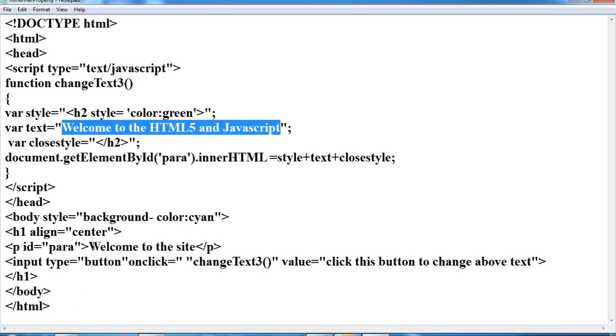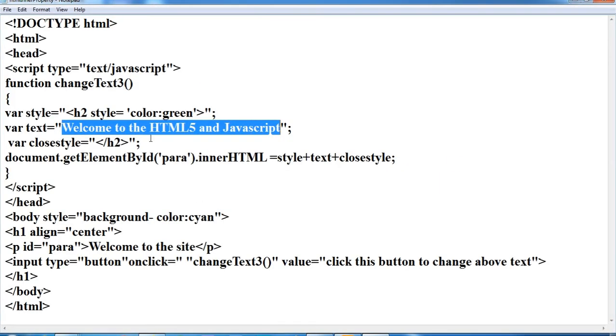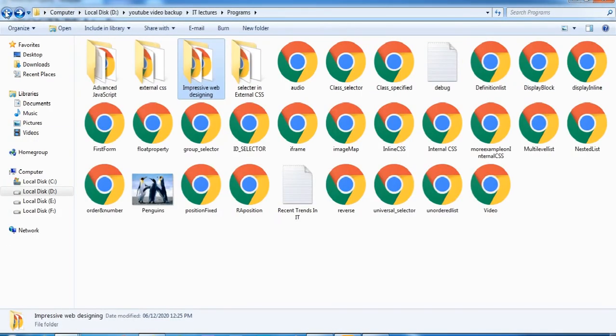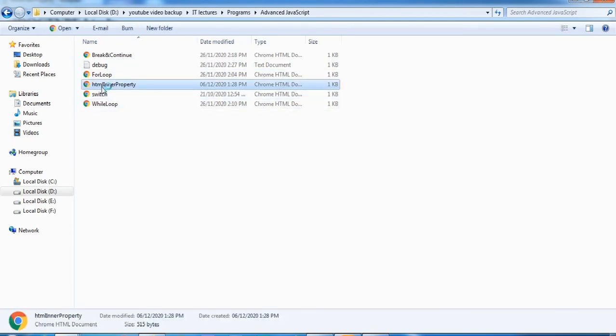How? Let's run this and check it. Let me save this program. HTML innerHTML property.